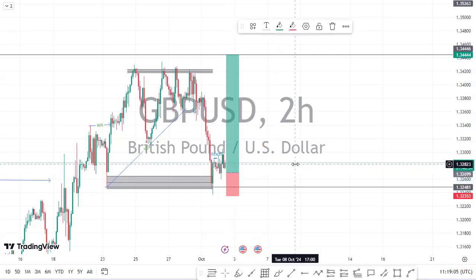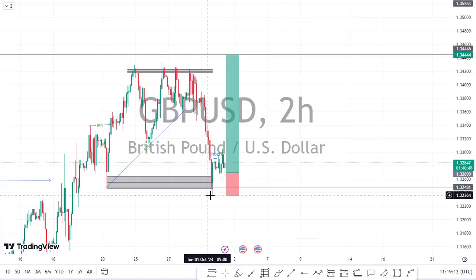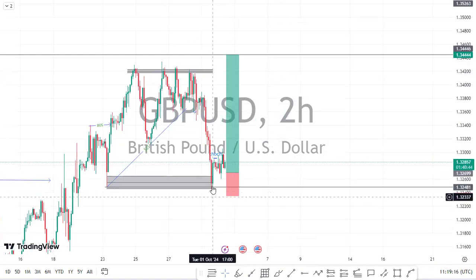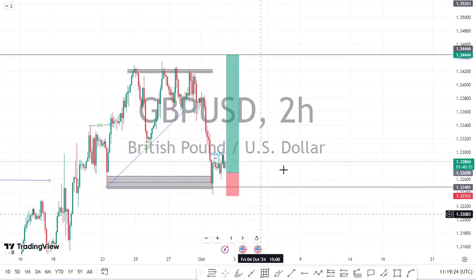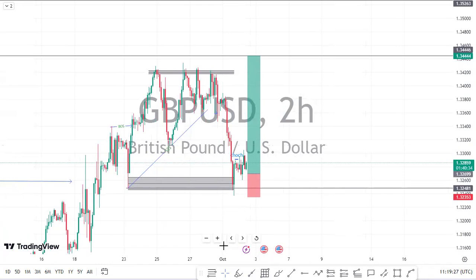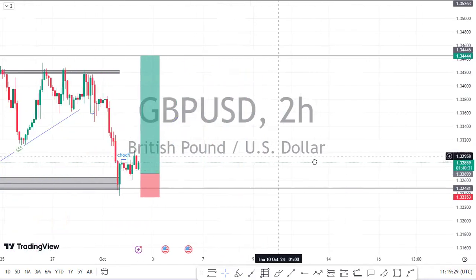So let's see how the market rolls. You can see clearly we have this liquidity sweep here. Those of us that understand the liquidity concept strategy know that if price comes back to take this low, it means they are not ready to buy the market. But I think now,